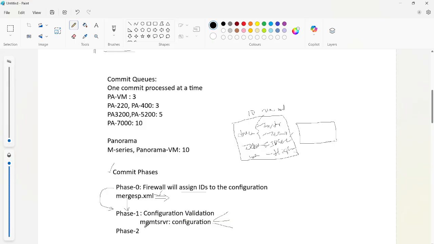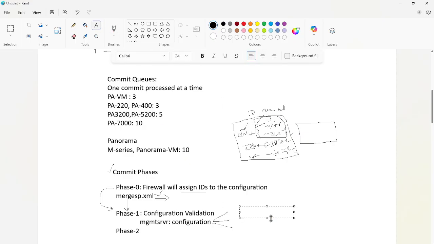In phase 1, the management server will take all the configuration that is available and push all the changes to the respective daemons, okay. If it sees interface and zones configuration, it moves the configuration to the dev server, okay. This respective configuration will be taken care of by the device server.